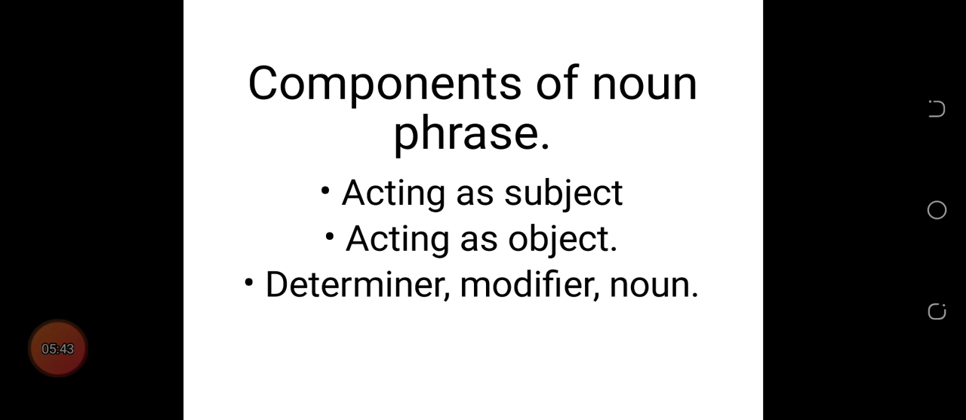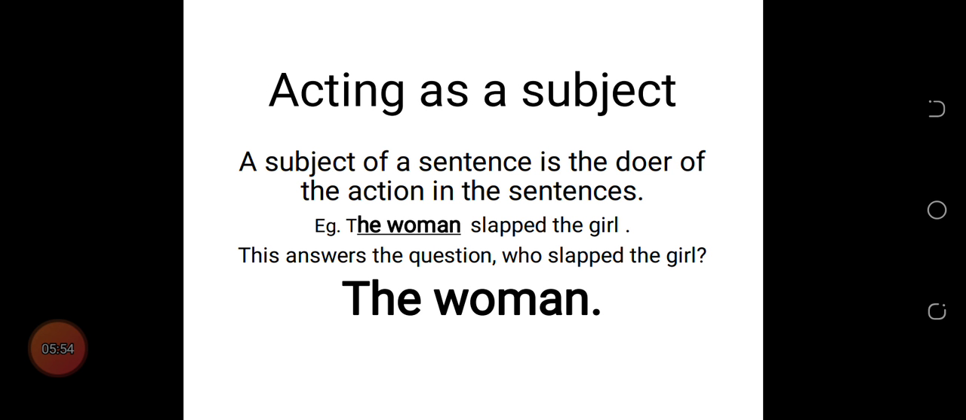So when we say the noun phrase acts as a subject, it means that we should know what the subject of a sentence is. A noun phrase acting as a subject means that in that sentence, the subject is the doer of the action. It is the noun performing the action, the thing performing the action. I hope that is clear. A subject of a sentence is not just a person, it can be an object, it can be